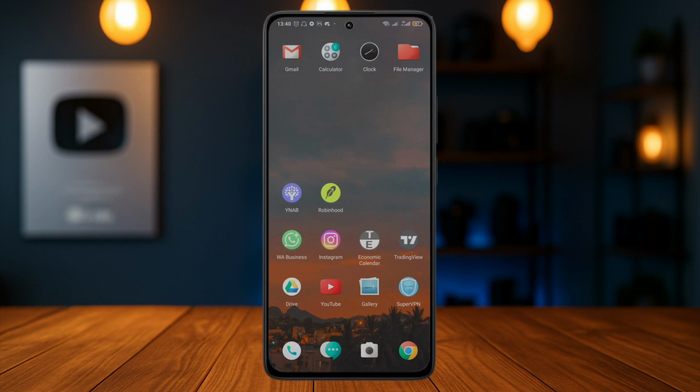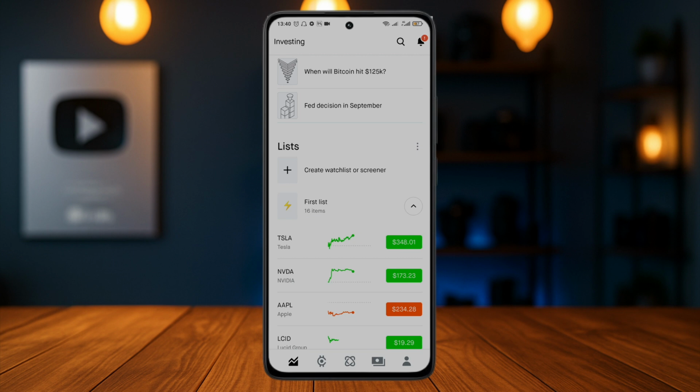Let me show you the steps that you need in order to link a bank account with Robinhood. If you're trying to start investing from Robinhood, you'll need to add in deposits. So to add in deposits, you'll need to either add in or link your bank account or link your debit card. Once you open up the app of Robinhood, in order to link a bank account, you'll need to head